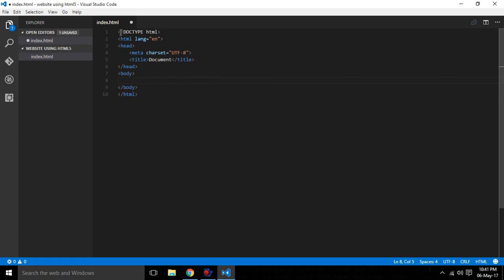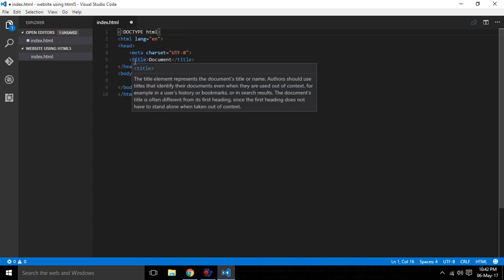Now you can see here is the doctype HTML declaration that this is an HTML page. Here is the HTML lang attribute, en, which means English. There is a head tag. Inside the head tag there is a meta charset, which is for search engine optimization or so. I don't even know its purpose.